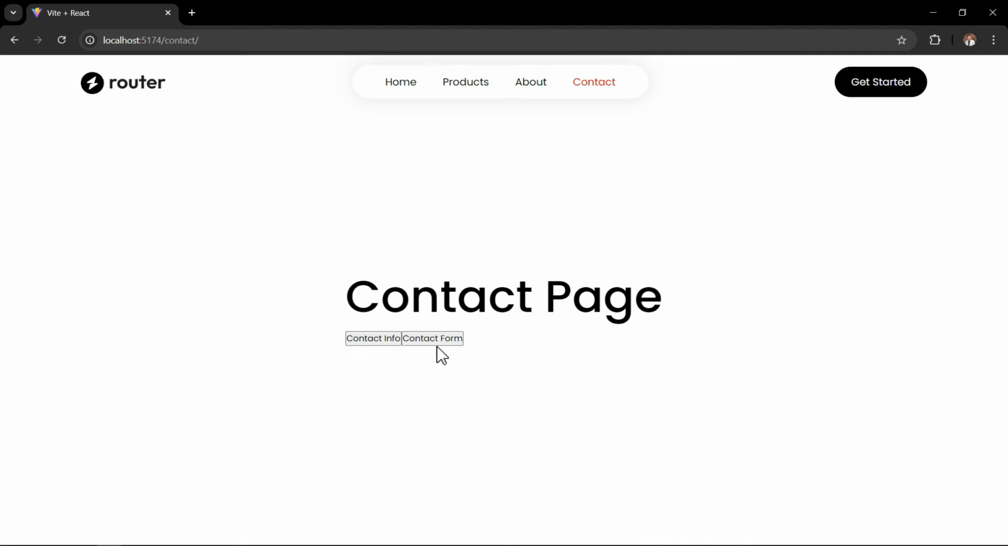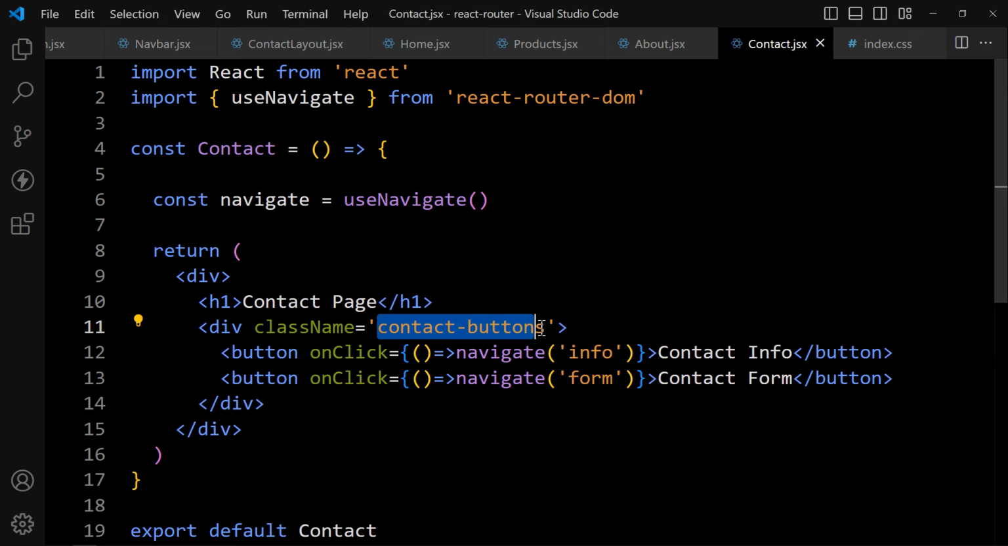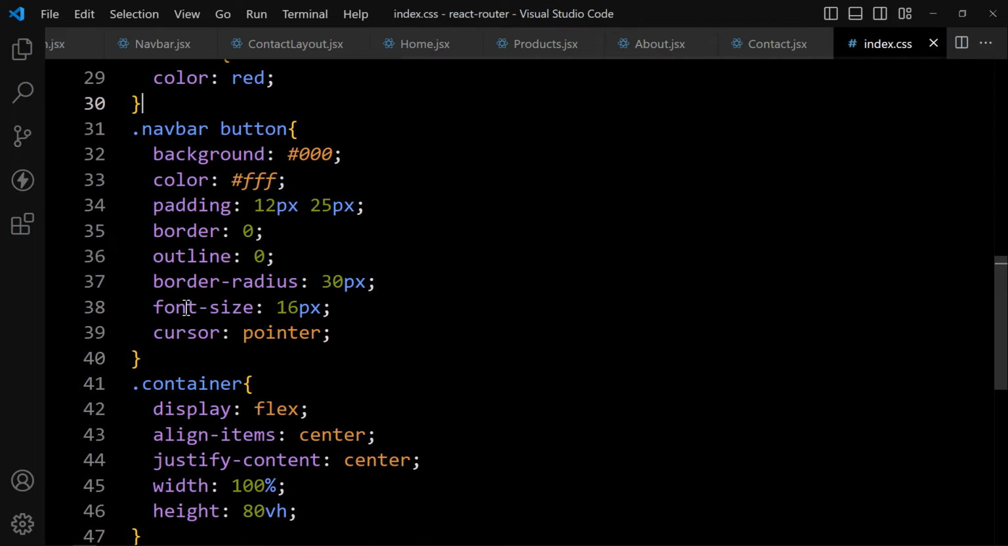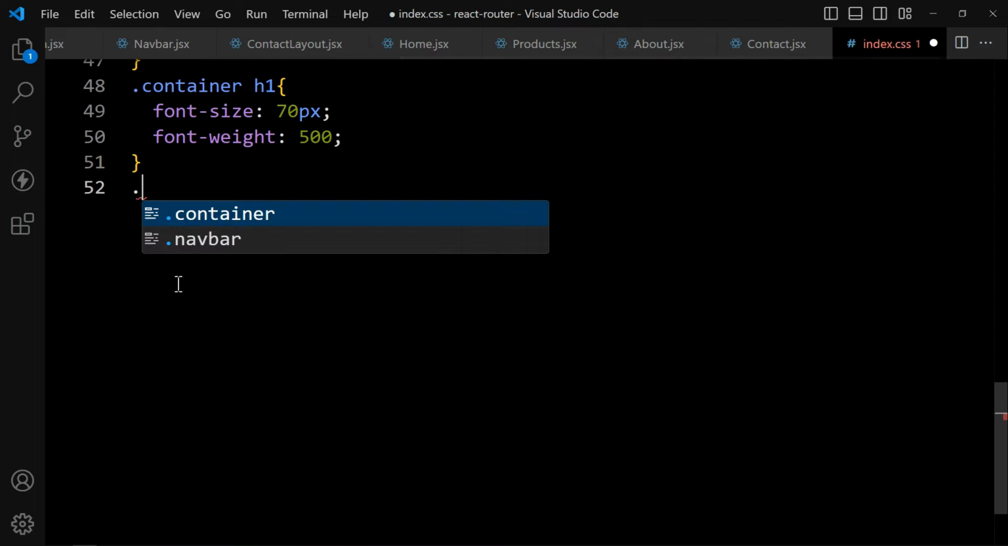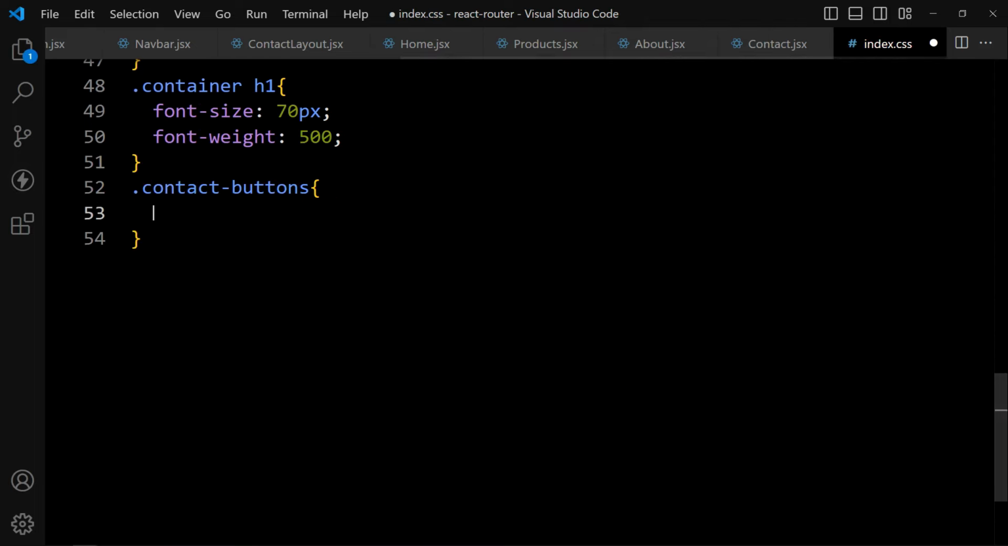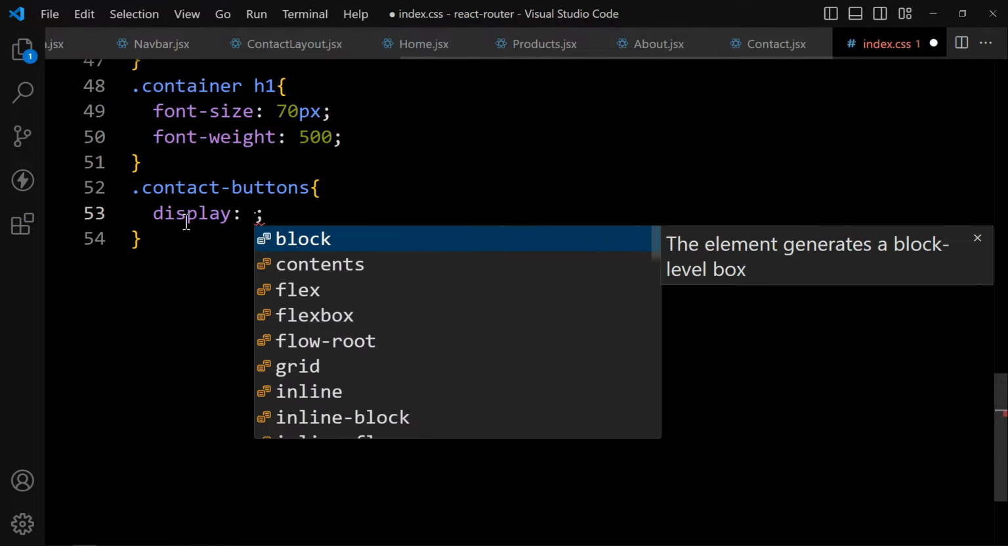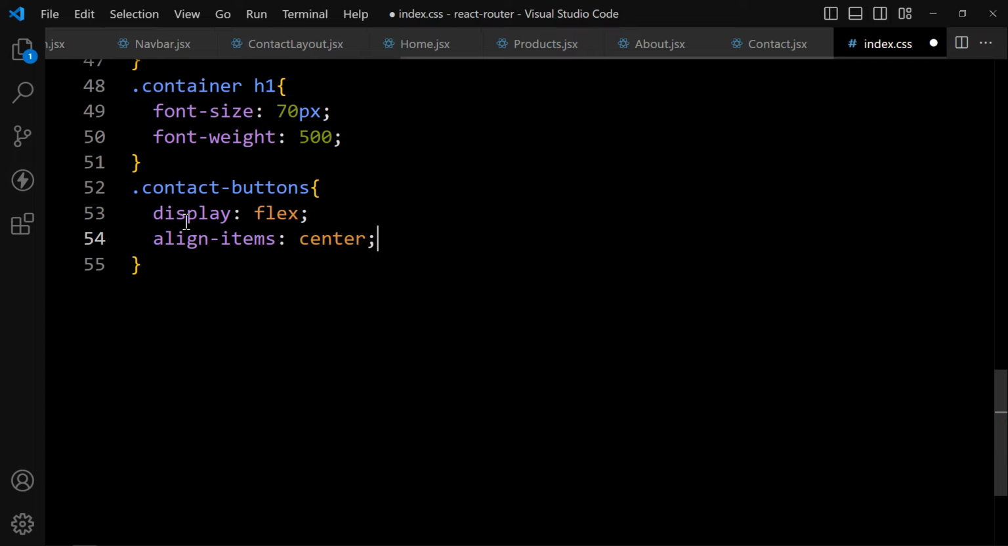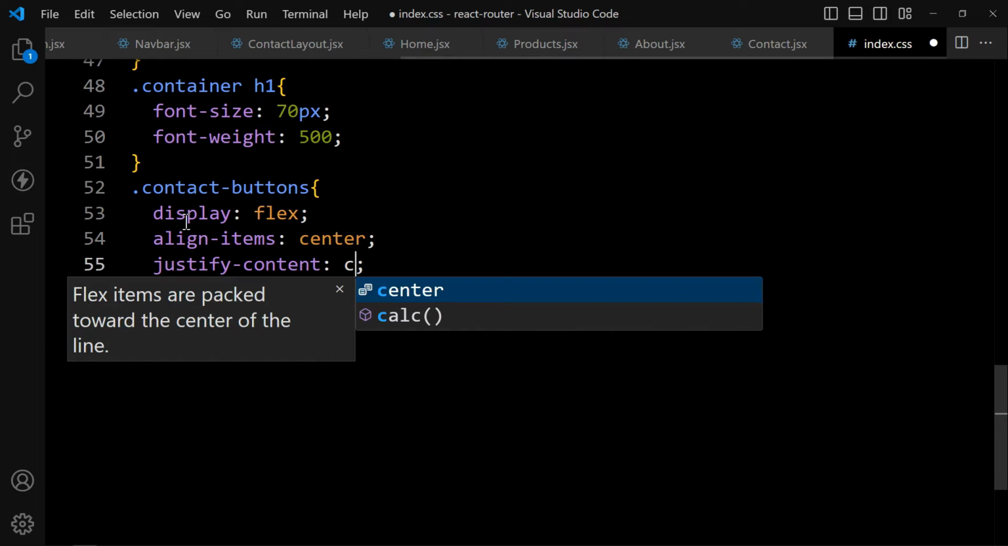You can see these buttons here. Let me align it in the center. So we will use this class name and come back to the index.css file, and here let's add some CSS properties for this div. So in this one, we will add display flex, align-items center, justify-content center, then